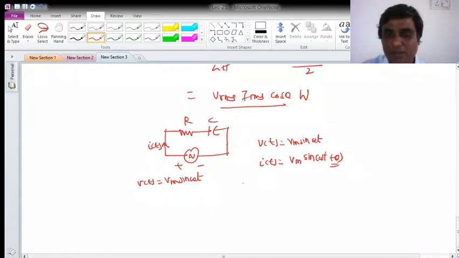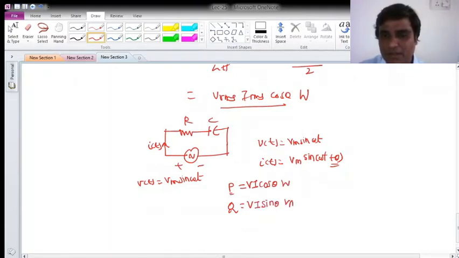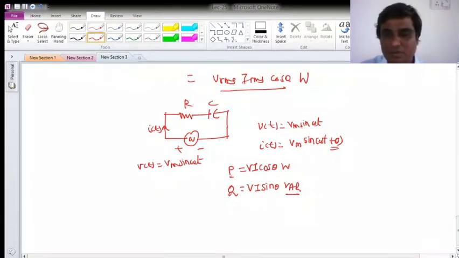So active power or average power will be VI cos theta, and let me represent it with the letter P, which is generally used in every book, and Q is the variable represented for reactive power, which is VI sin theta. This is in watts, this is in var, volt ampere reactive. So this var is capacitive reactive power, whereas in the RL case it was inductive. That way also we can tell that.